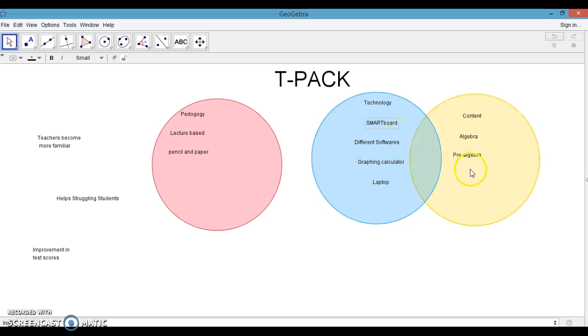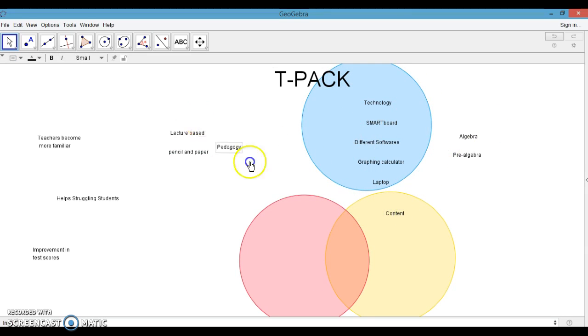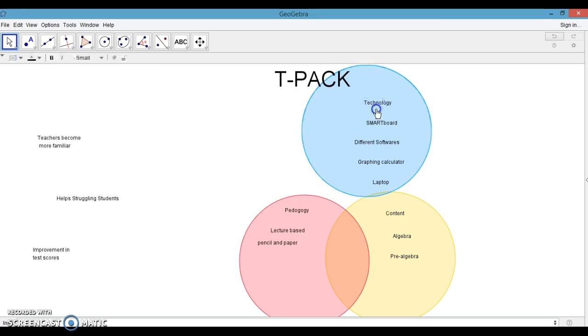And then another one is content and pedagogy, and how those overlap. So content and pedagogy. And this is appropriate pedagogical strategies for the content. So what would be the best thing to get the most out of these students? Would lecturing the entire time and the kids just taking notes be the most beneficial way for the students? Would pencil and paper, where they're just working out problems, or maybe putting some technology in it help too,